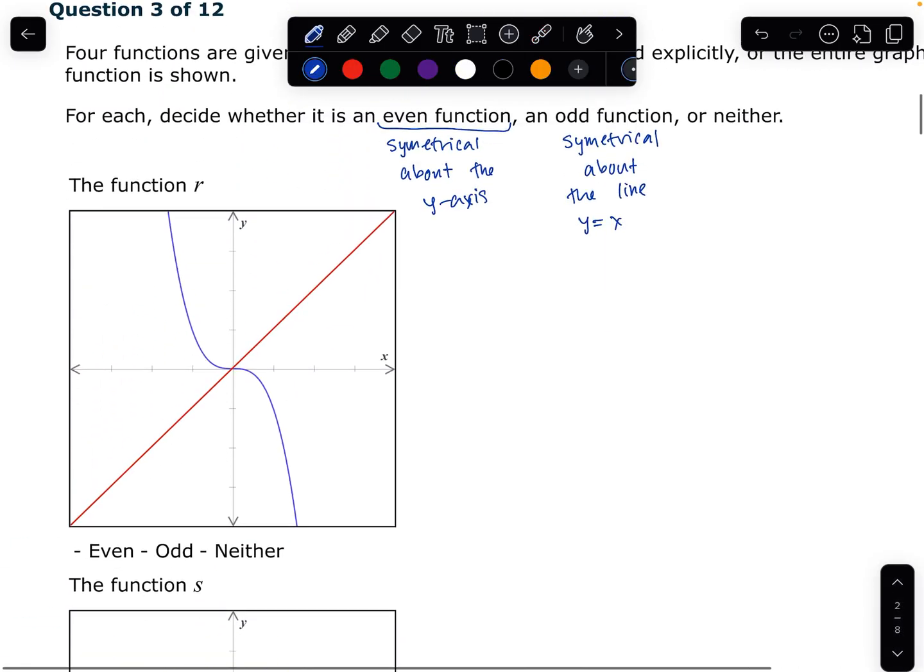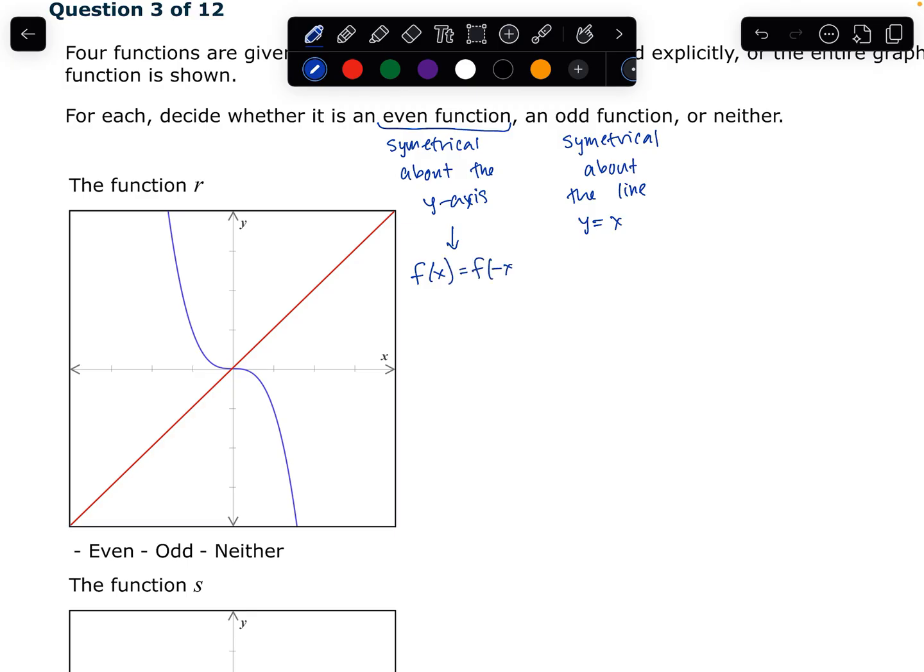So from the equations, if a function is even, then that would mean that if you take the function f of x, it will be equal to f of negative x. So this is like your proof. So how do you prove algebraically if a function is even? Well, if you substitute negative x into the function for x and you simplify and they become the same function,